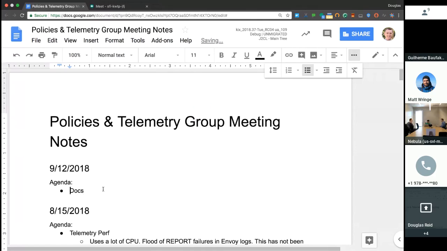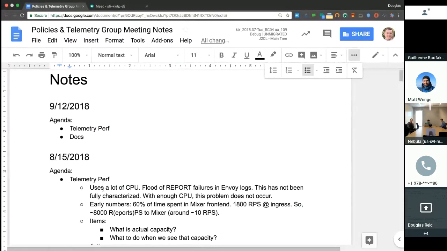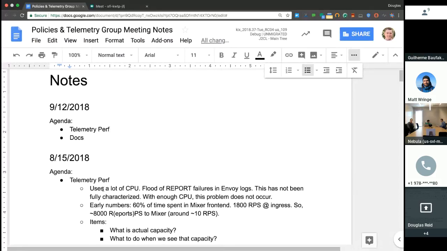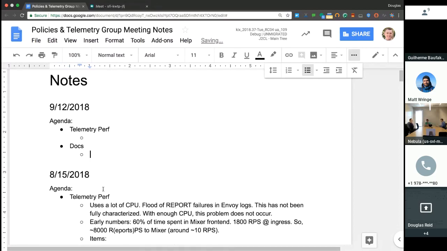Yes. So there is the telemetry. You want to do a telemetry performance discussion? Okay. And as part of that, I think we should definitely mention the StatsD Prometheus work that you have done as an overall part of that. Do you want to start talking about that? Yeah. So